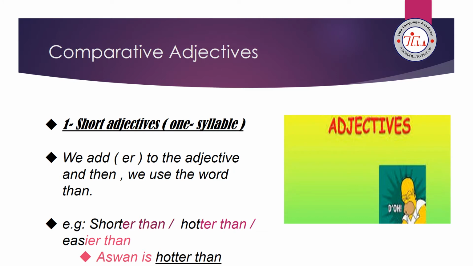Okay, now I start with comparative adjectives. For adjectives, we have two types. The first one is short adjectives, which consist of one syllable. So the words short, hot, tall, big, slim are short adjectives because the word is only one syllable. In this case, if I compare using this short adjective, we